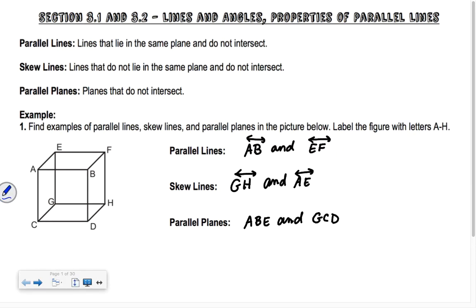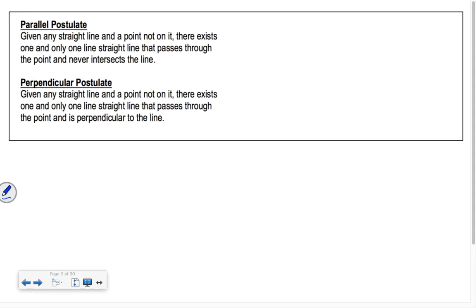Do you guys see what I'm talking about? So ABE would be here. CGD would be there. Or GCD. Doesn't matter which 3, like what order you write them in and which 3 you use. Okay, makes sense? All right, so the parallel postulate says given any straight line